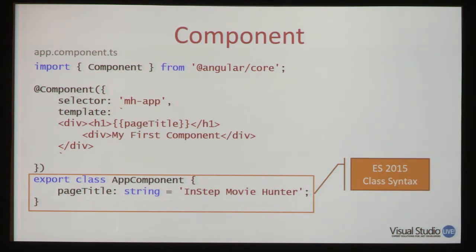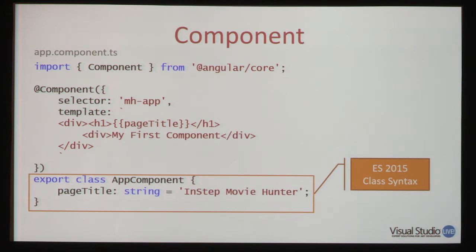And you'll notice that this is actually all TypeScript syntax. So what we're looking at here is TypeScript code. In TypeScript, the data type is defined with a colon and the type. So in C# we would say string, space, page title. Here we're saying page title, colon, string. So this is actually a little bit closer to VB.NET, which would be page title as string. But you get the idea. It's not that different from what we're used to.